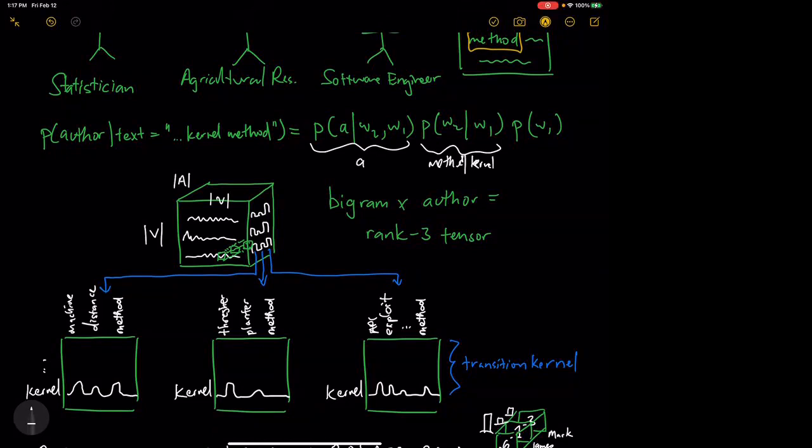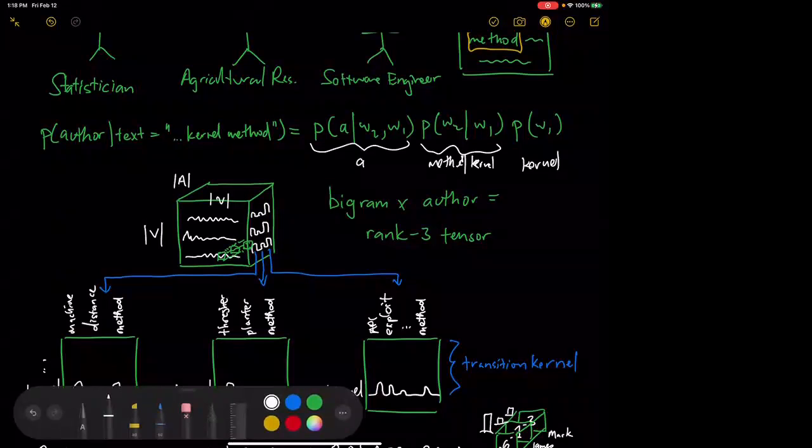And then we have the probability of, say, kernel. And we'd like to determine who is the most likely author of this document, right? So we have this data structure, which is an n-dimensional array. We can represent it that way, and it's indexed by these three variables in our type system,